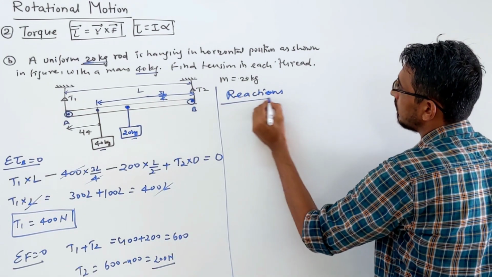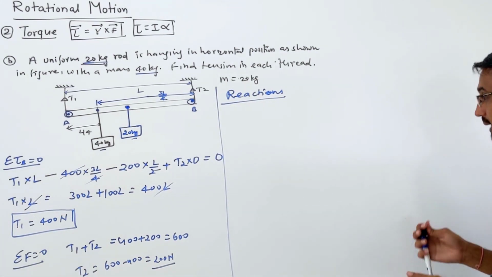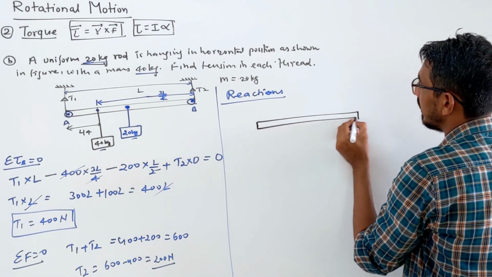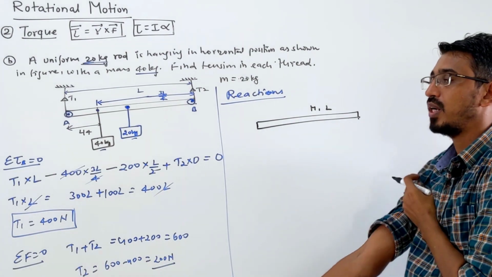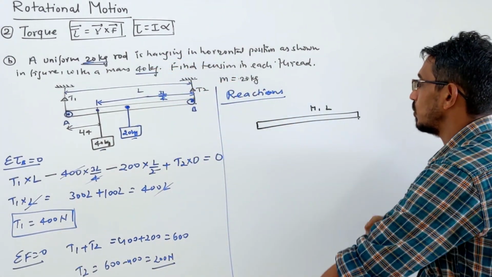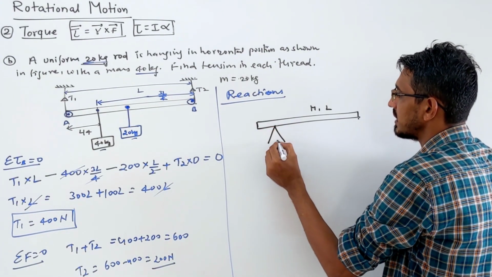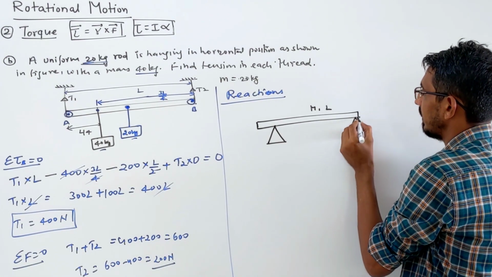They ask to calculate the reactions. Let me explain how they ask the questions. They say some rod is there, again of mass m and length l. This is supported from the downside, whereas earlier it was supported from the upside. So we put two supports here. They can say some knife or some vase is there, one support here, and the other support could be anywhere.